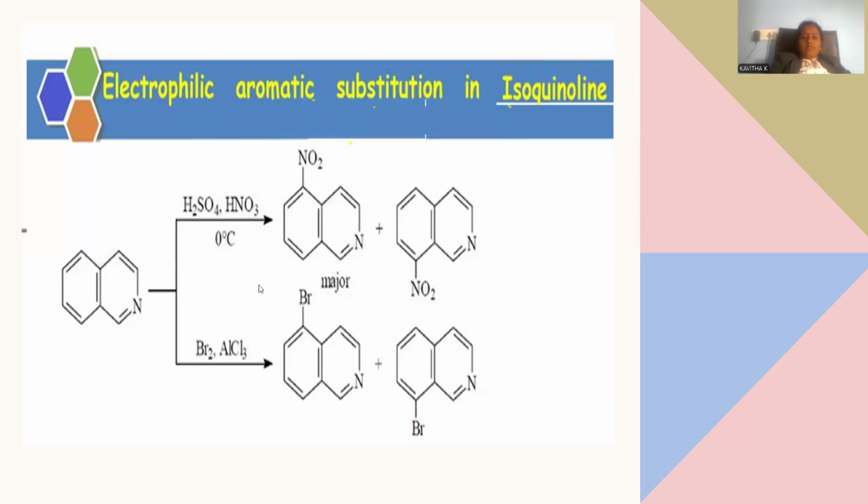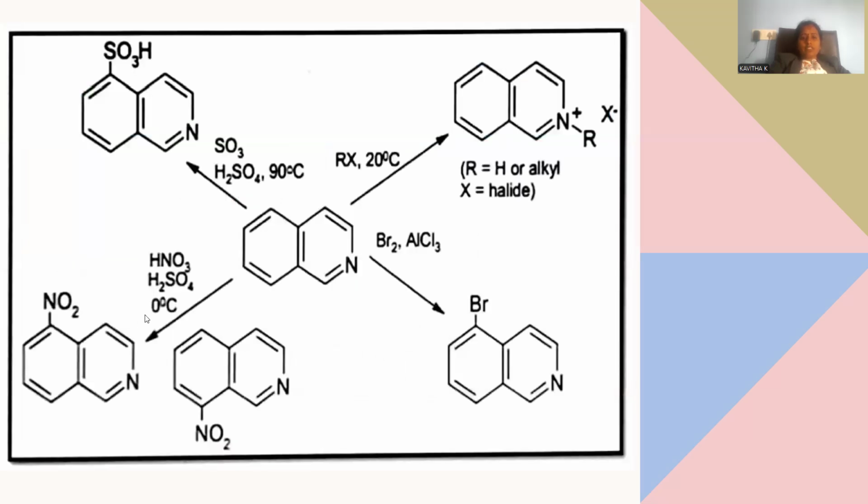Right. So this is the way nitration and bromination will be operated on the isoquinoline as a part of electrophilic substitution reactions. And there are certain reactions you can notice. Sulfonation is also accomplished by treating with concentrated sulfuric acid at a temperature of 90 degrees centigrade. Sulfur trioxide is taken as the electrophile, being a neutral one, to be substituted at position number 5 specifically, so that you can achieve